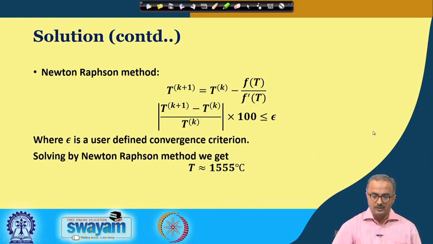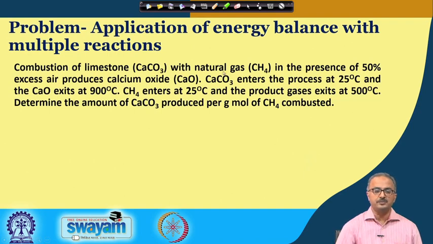Now, we go to the next problem. In this problem, we are applying the same energy balance equation, but for multiple reactions. So far we have looked into one reaction, now we are going for multiple reactions. In this we have the combustion of limestone. Limestone is calcium carbonate with natural gas, that is methane primarily, in the presence of 50% excess air produces calcium